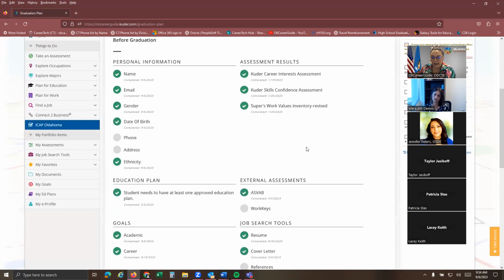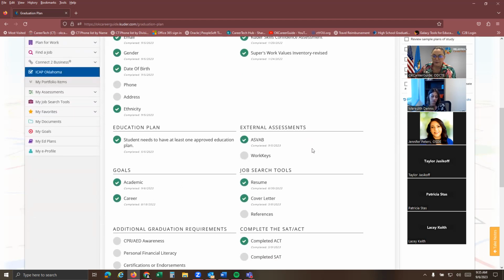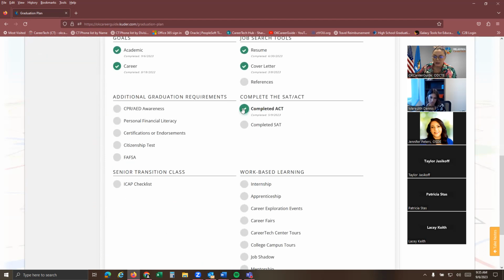So what I will say is the system will automatically check things that it knows the student has done. So for example, the system knows that I did my interest assessment on January 19th. It knows I did the skills confidence on January 20th, and so forth. So it automatically checks those off for me. Then the student can go in and select completed